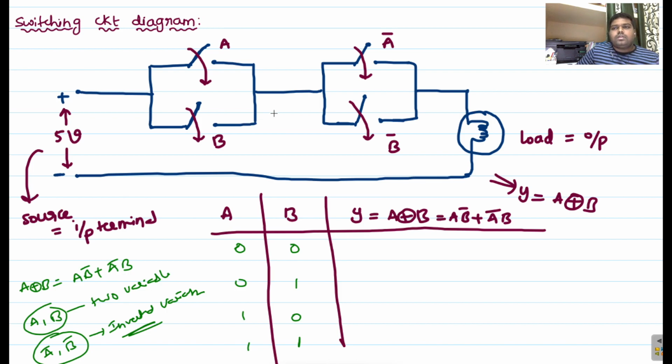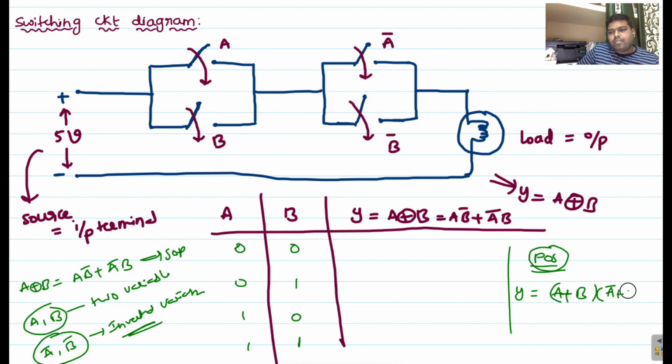So this is the A switch and this is the B switch. These two are in parallel, and these A bar and B bar switches are also in parallel. If you observe our expression, this is the A B bar product term plus A bar B. This is also one product term, and this is for sum of product nature. When it comes to product of sum nature, the output Y equals A plus B into A bar plus B bar. Always remember, sum is nothing but parallel connection.